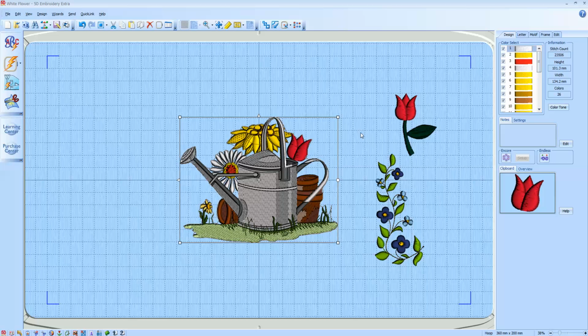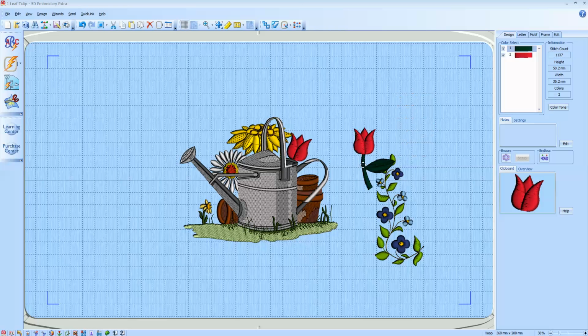At this time, with the knowledge that you may have, the only way that you will know that it's going to be better will be because you have actually tried to stitch the design out. Later on, you will be able to take it to the Edit tab, look at the colors of the threads that are there, and decide, do I want to leave this in here or do I want to take it out? So I'm going to take this little tulip here, move it down to right about there,